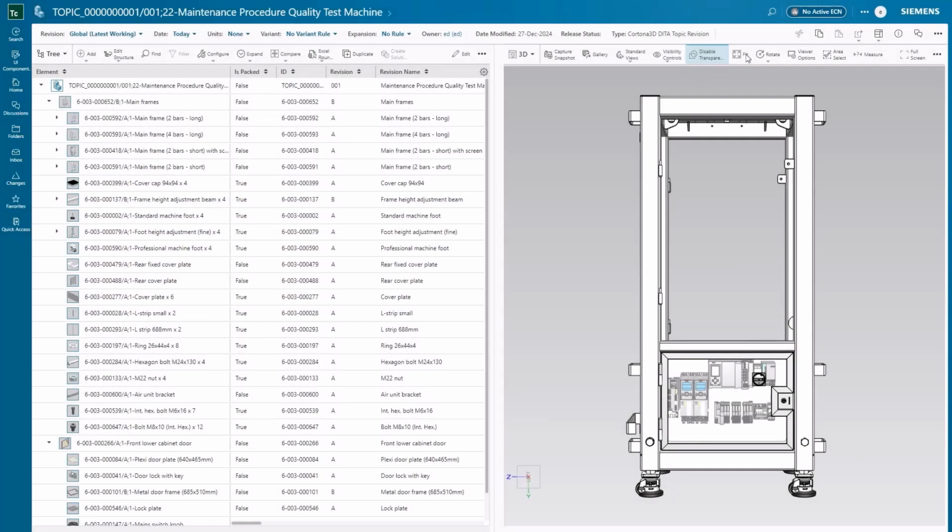Now, let's begin by opening the BOM in RapidAuthor. The Open in RapidAuthor feature allows me to easily access design files directly from Teamcenter and modify them in RapidAuthor. This integration reduces the time spent navigating between systems, enabling me to work more efficiently on work instruction changes.